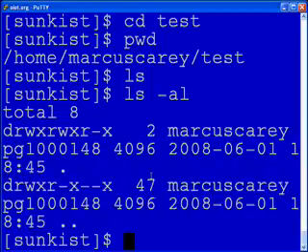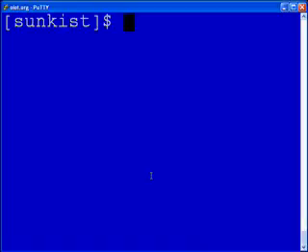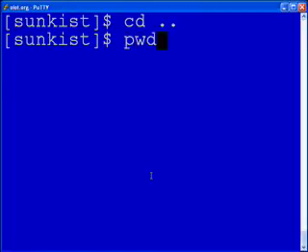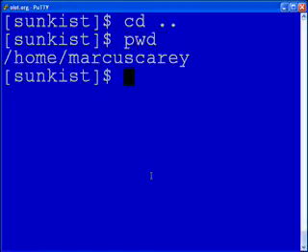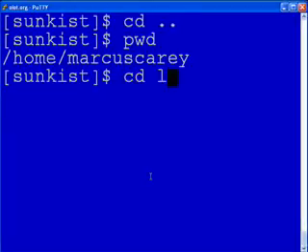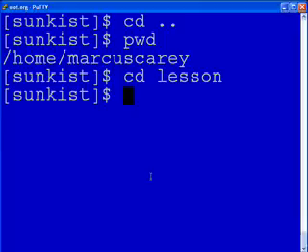So I'm going to type the clear command to clear the screen so I can continue with this exercise. Now I'm going to cd .., and that takes me up one level. I'm going to do a pwd, and I see that I'm at Marcus Carey again. So I'm going to cd to lesson, because before this I prepared this lesson folder, or directory should I say. And when I do ls in here,